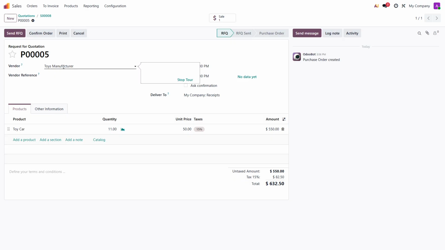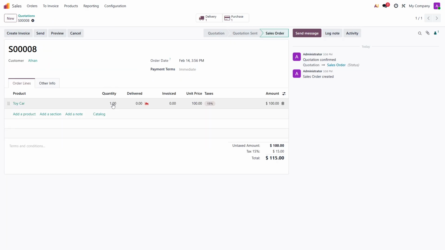Now we can see the quantity ordered for the purchase order is 11. So how can we set this? Here we can see the sales order, the customer demand is 1 quantity, plus we have set the maximum quantity in the reordering rules as 10. So 10 plus 1 equals